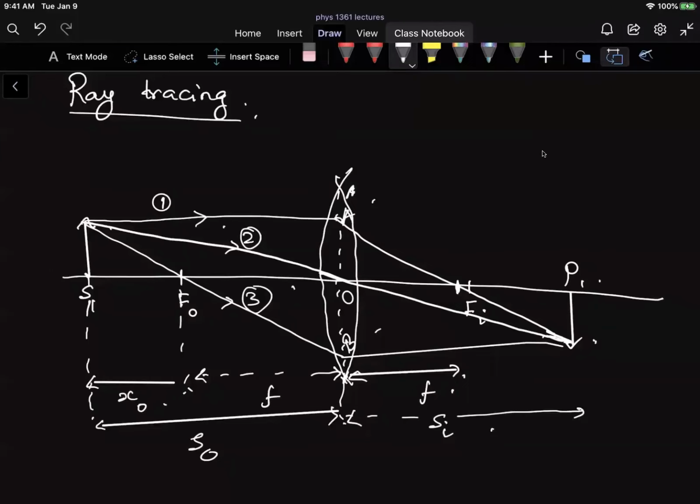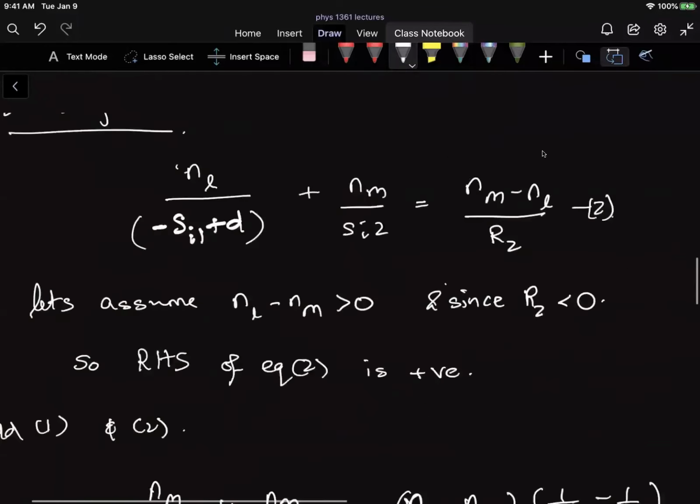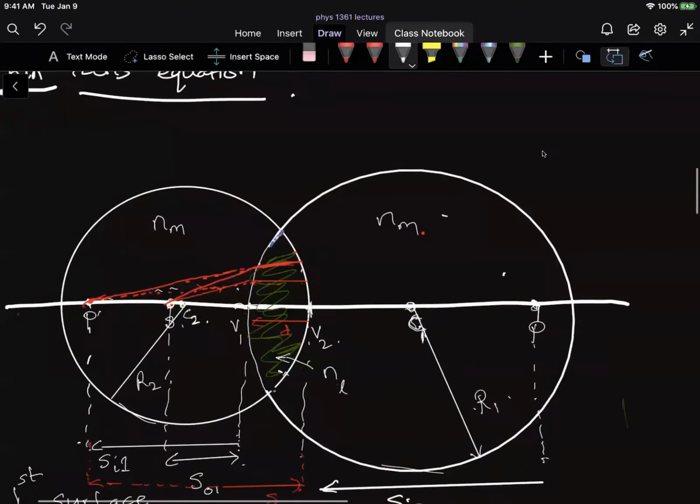And the point of this is, so far we've been considering only those rays that were emanating from points that were exactly on the axis. So if you go back to our earlier derivations and our earlier expressions, we always looked at points, say S, which was right on the axis, and as you may remember, we showed that these rays, for example, will go and converge to the point P over there,